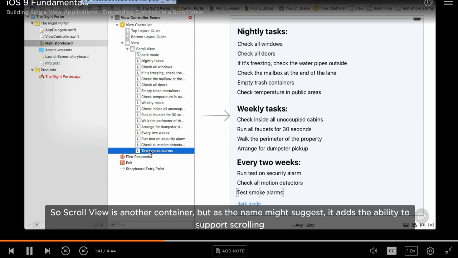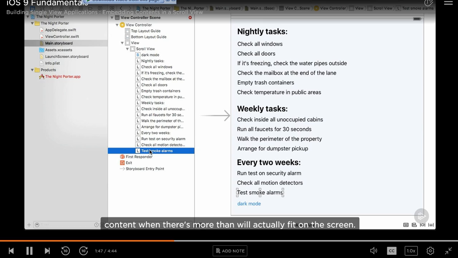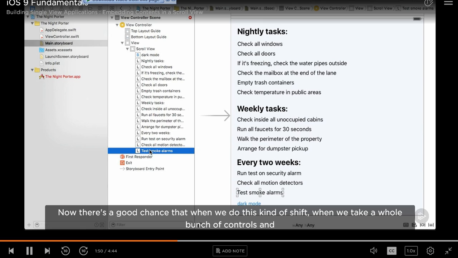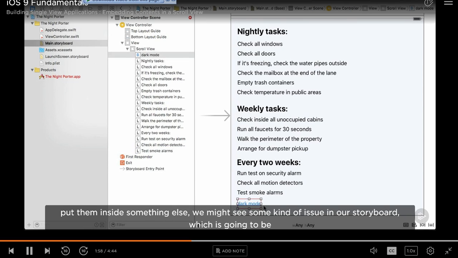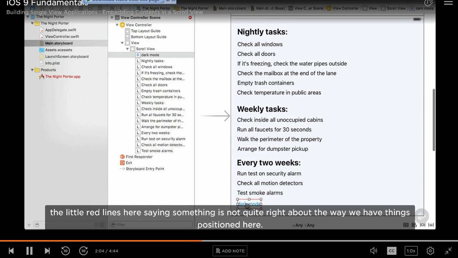So scroll view is another container, but as the name might suggest, it adds the ability to support scrolling content when there's more than will actually fit on screen. Now, there's a good chance that when we do this kind of shift, when we take a whole bunch of controls and put them inside something else, we might see some kind of issue in our storyboard, which is going to be the little red lines here